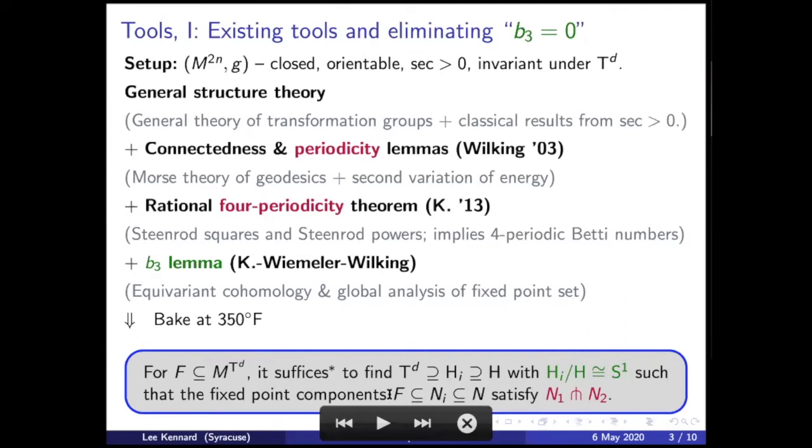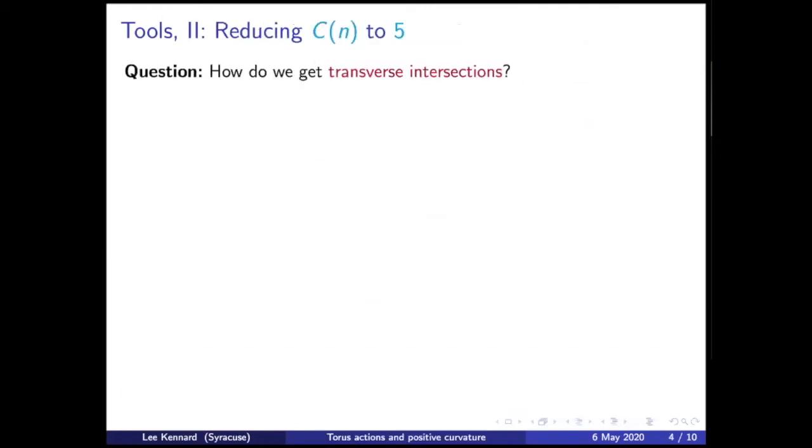And then the main thing is that the fixed point components, N of H and N1 and N2 of H1 and H2, have the property that these submanifolds intersect transversely in N. In other words, at points where they intersect, their tangent spaces span the whole tangent space of N. All right, so that's the important condition we need. And this gets to the next point. So we need to find transverse intersections. And how do we do this? And again, this is the main point here. You can forget everything and just say, okay, we want to find transverse intersections.